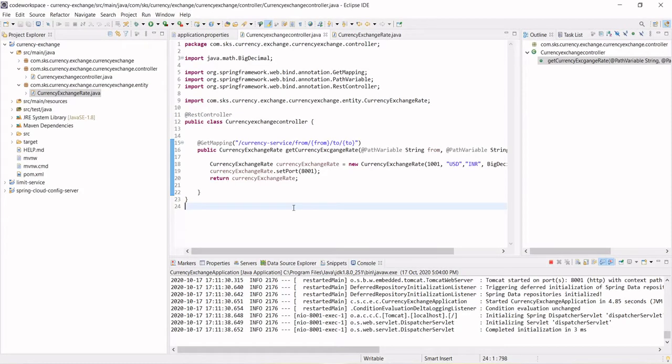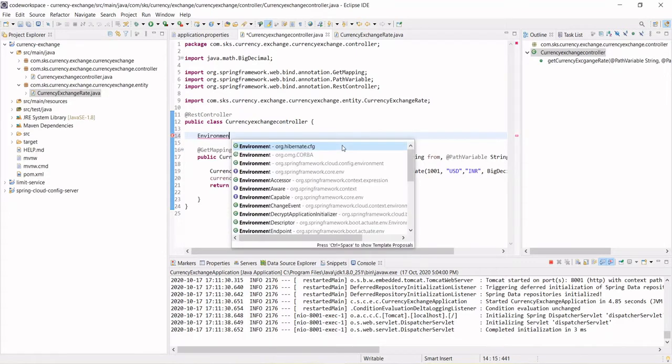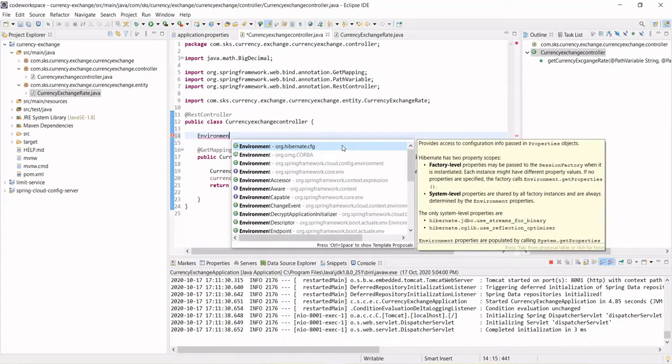What you need to do is create an Environment class object.